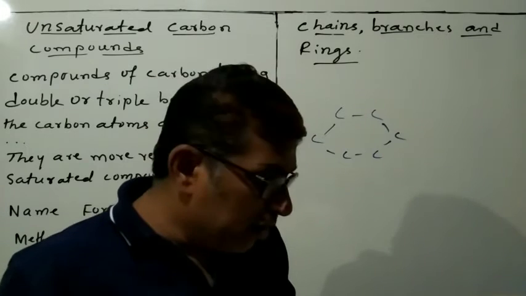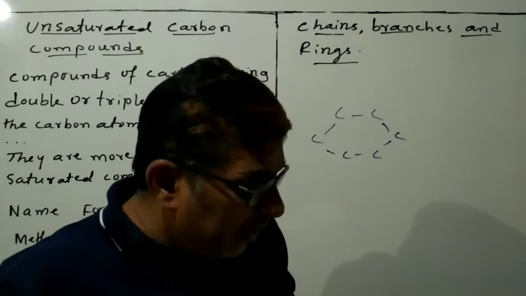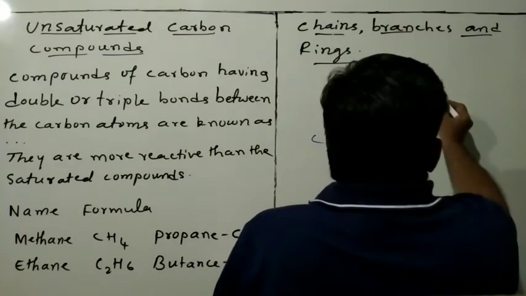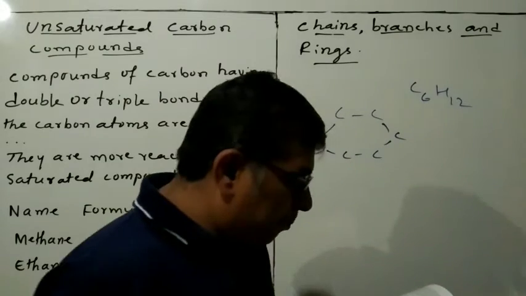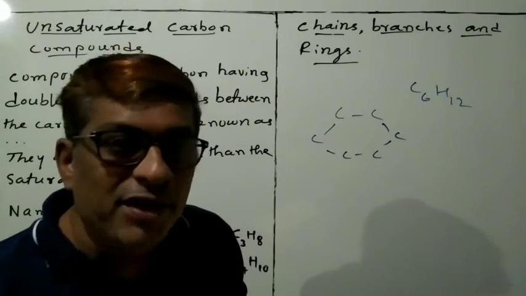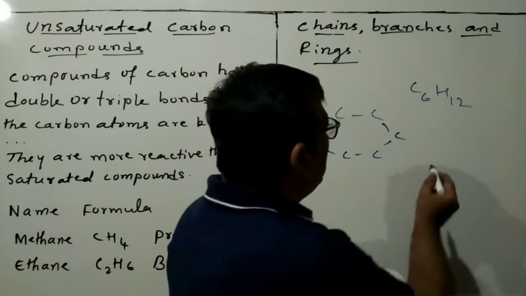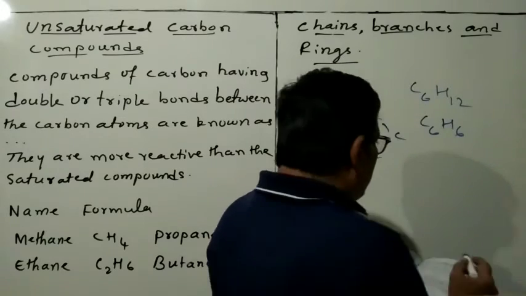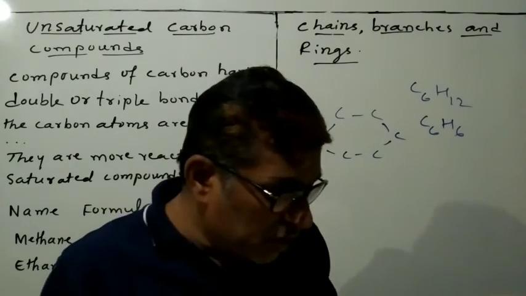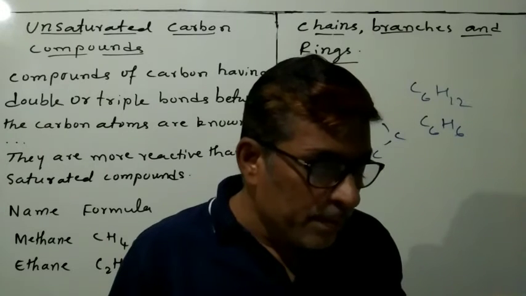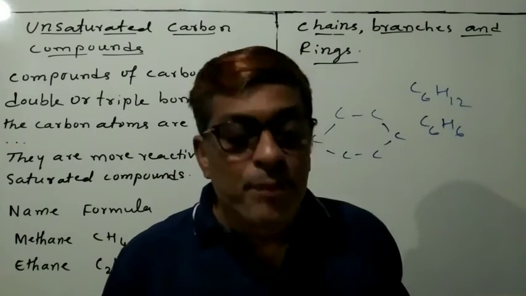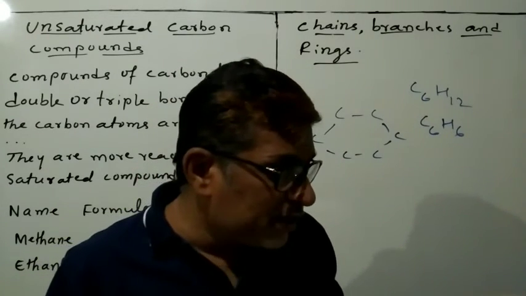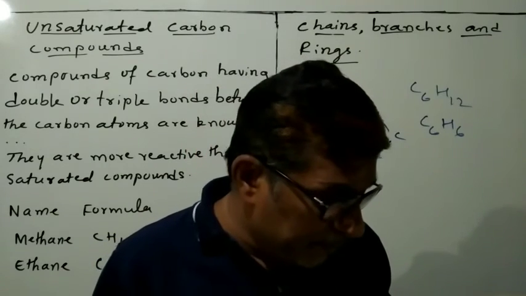Okay, this is about cyclohexane, you learn about it, and here, for example, the cyclohexane formula is C6H12, and also learn that benzene is also C6 and H6. See, both of these you have to learn the structure of, benzene as well as cyclohexane, C6H12. Okay. So both of these, cyclohexane and benzene, you have to learn the structure.